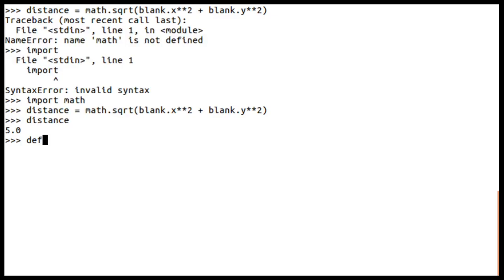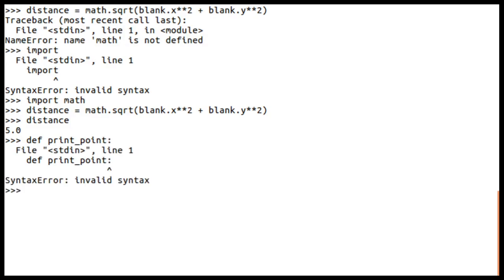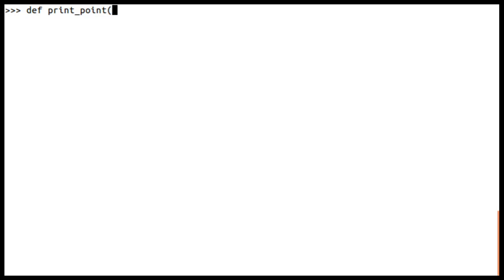So I will define a method called print_point.